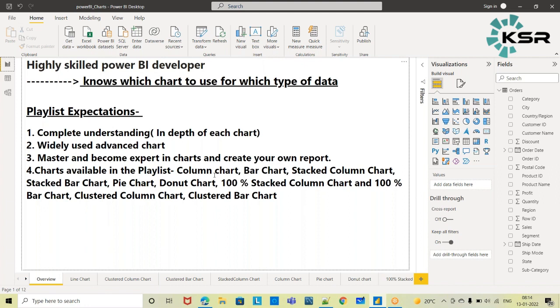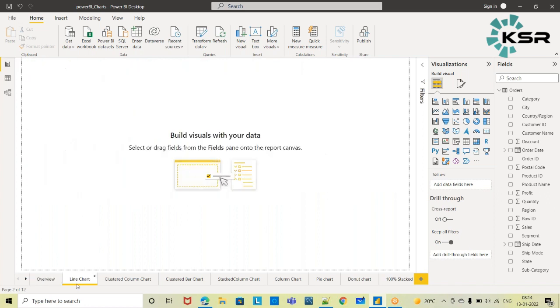all the charts which we have covered, whether it is column chart, bar chart, stacked column chart, all these types of charts, we have extensively used only numerical value and categorical value. Even in legend we used to add the categorical value, so more often we have used only numerical and categorical value. So now in this line chart we will be learning how to use the date information, time analysis, how we can add date information.